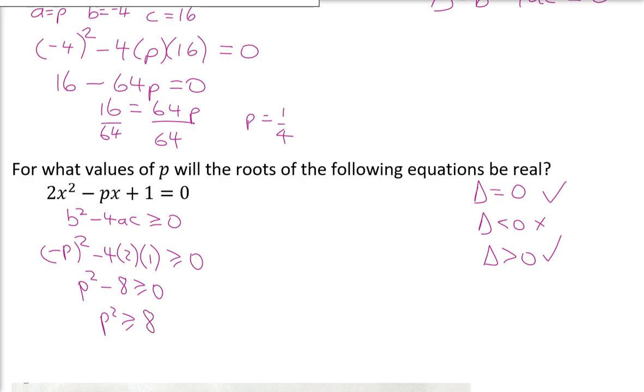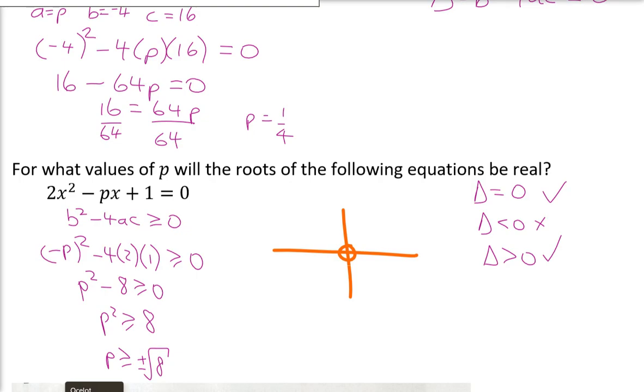What do you do? Square root both sides. So p now is greater than or equal to the plus and minus square root of 8. Is that right? Everyone happy with that? So if I was to draw a real quick sketch of this graph of your solutions,